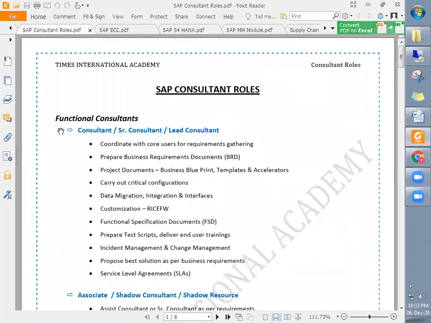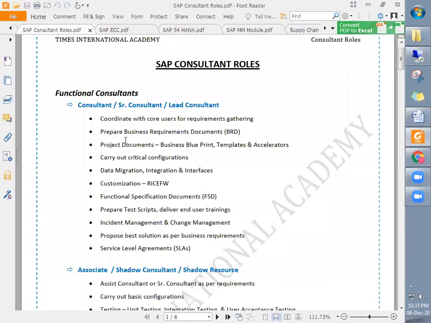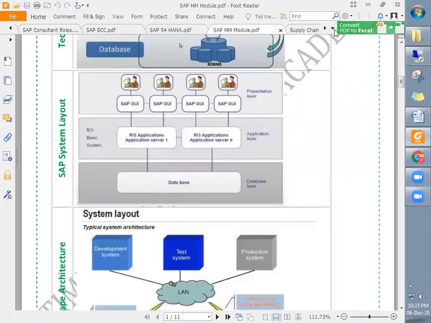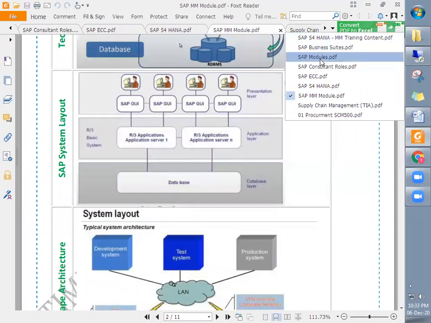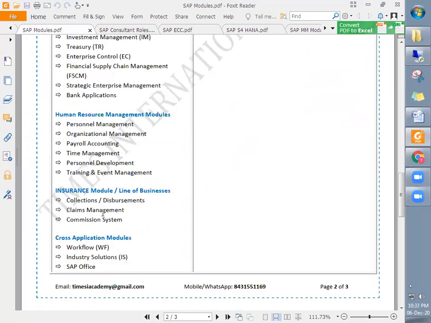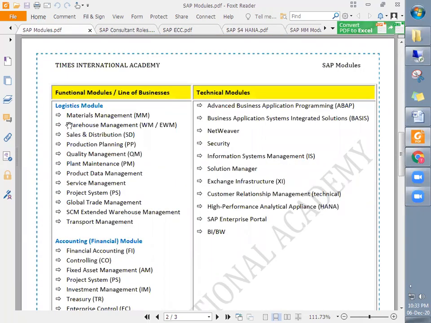So I was discussing the consultant opportunities. Functional consultants: these are the SAP modules. All these modules come under functional modules, like logistics, and under logistics, materials management.